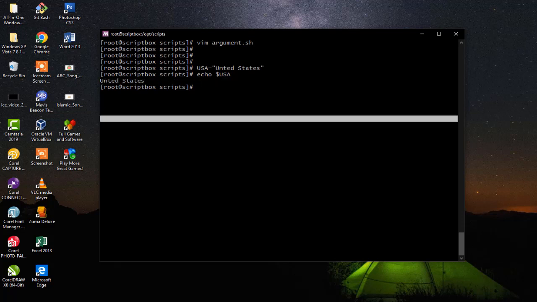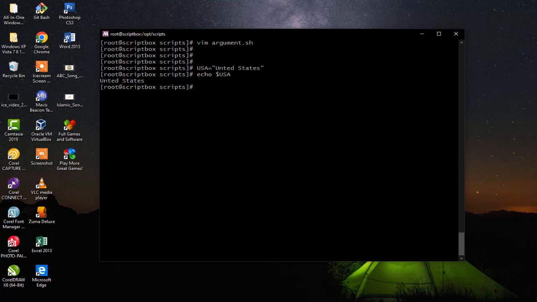So what if I don't declare a variable? Let's say echo $UK. Can you see it's printing nothing for me? If you don't declare a variable and you call it, by default it's going to print empty, nothing at all, because you didn't declare it. Because we declared USA, that's why we are getting something there. So in bash scripting,